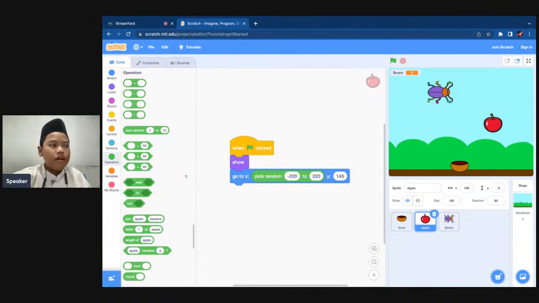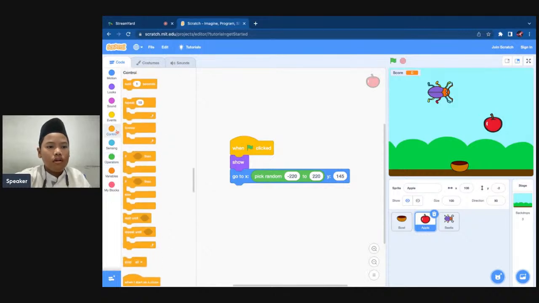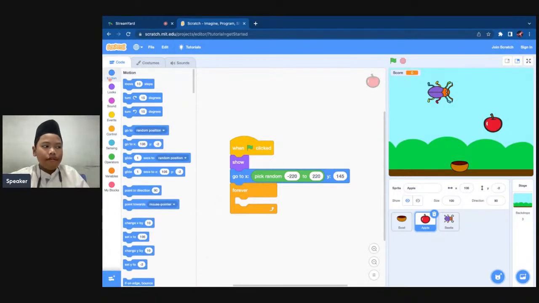And now, everybody go to control and drag the forever block. Put it under the go to X Y block, like this. And after you're done, go to the motion block and then drag the change Y by block like this.